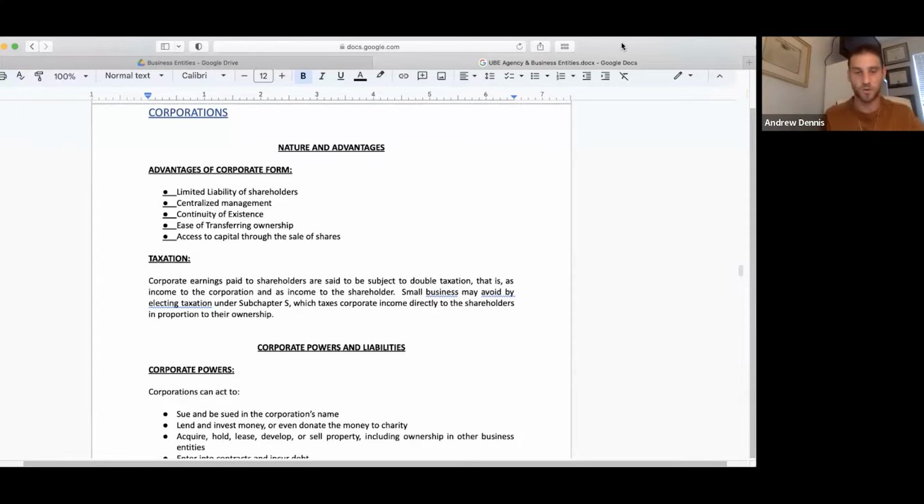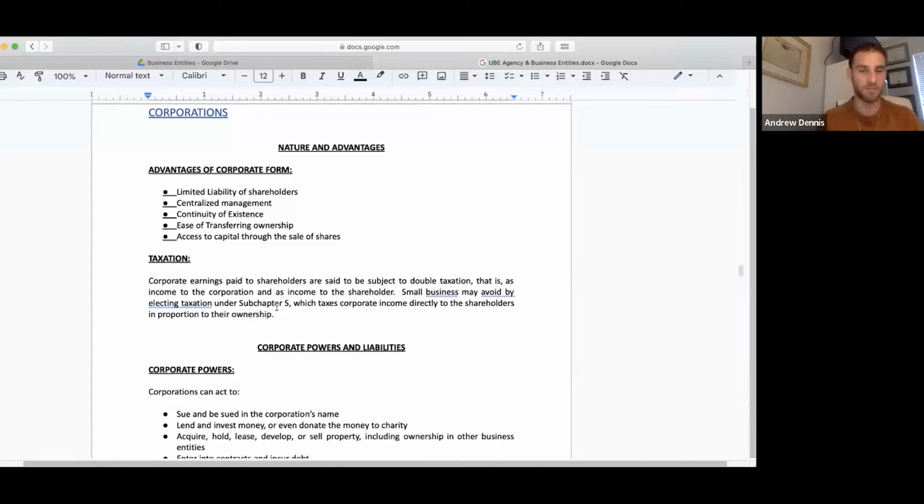That's why LLCs and S corps kind of fit nicely in the middle. They're elections so that you can elect the best case scenario to have limited liability and to have flow through taxation. So corporate earnings paid to shareholders are said to be subject to double taxation. That is income to the corporation and income to the shareholder, right? It's taxed to the corporation and then it's taxed to you when you have capital gains taxes or ordinary income, if it may have been, or probably capital gains. Small business may avoid this by electing taxation under subchapter S, which taxes corporate income directly to shareholders in proportion to their ownership, right? An S corp, it's an election that will make it so that you have flow through taxation. Just like an LLC is an election for a sole proprietorship to be taxed, to be liable like a corporation,